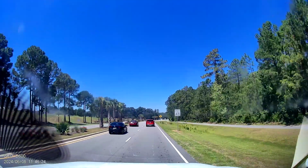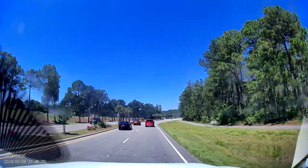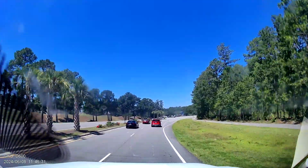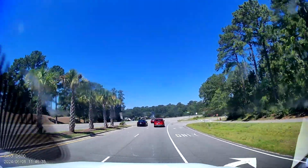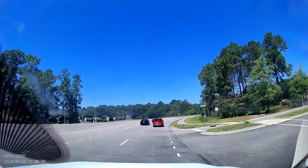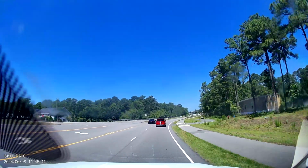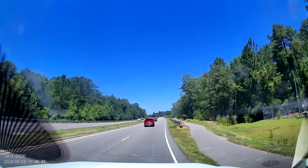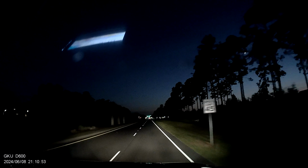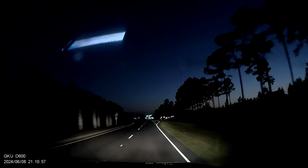But other than that, you can very clearly see out the front window, other than that cling thing there that gets a little bit blurry in certain areas of the film. And yes, I did unfortunately catch some of that black tint on the center of the windshield. I later on did move the camera over just a little bit, so in the nighttime footage, there's a little bit less of that black stuff there on the windshield,